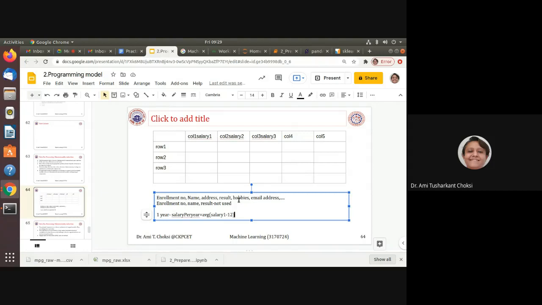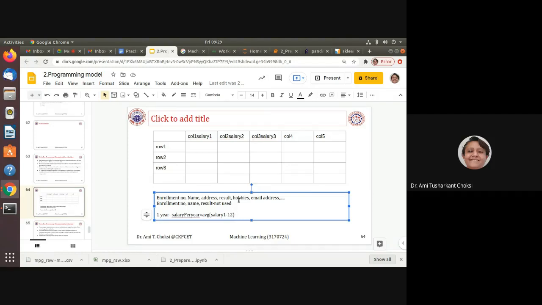Does it mean that we have removed all those things from the CSV file? No, we are not removing any data from the CSV file, but we are only manipulating the particular data frame, storing the result in a new variable, and then we'll use it for our data processing.